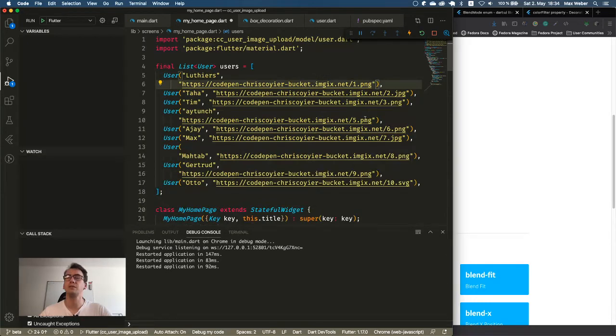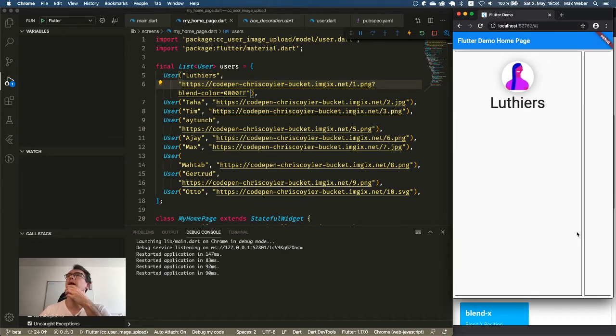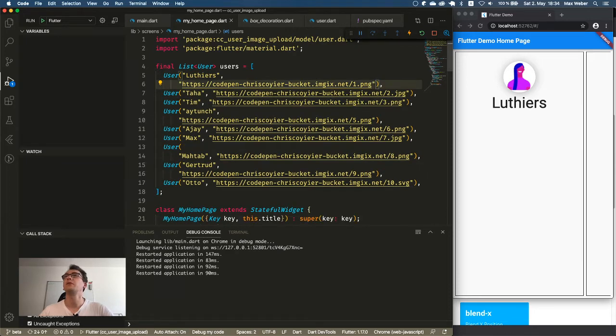And let's see what's the result. So we add that question mark, voila, and have a look how, now it's getting purple. 0, 0, 0, FF, so that should work. It's pretty cool that this API delivers us this option that we can just add something to the different parts.